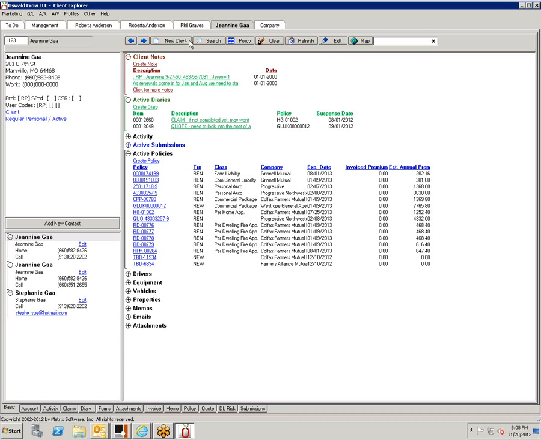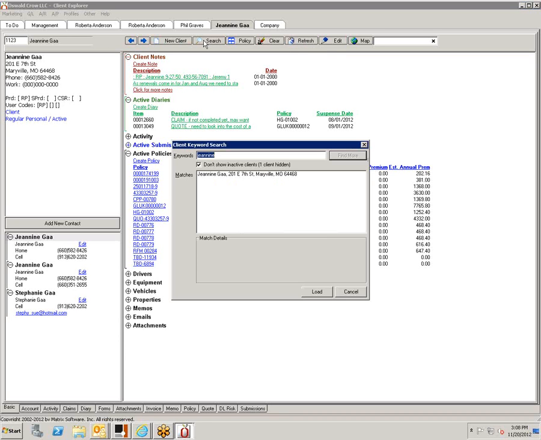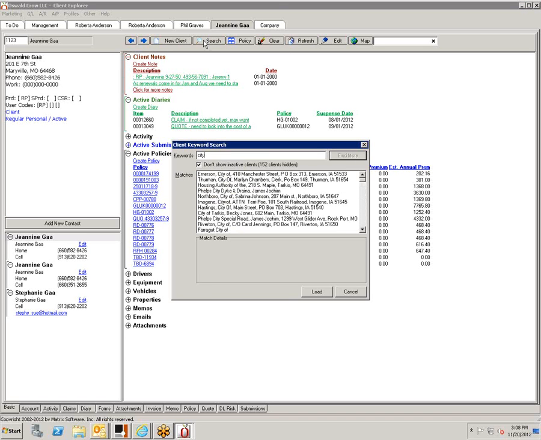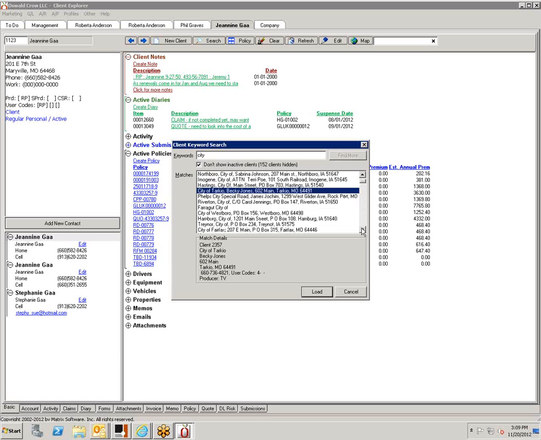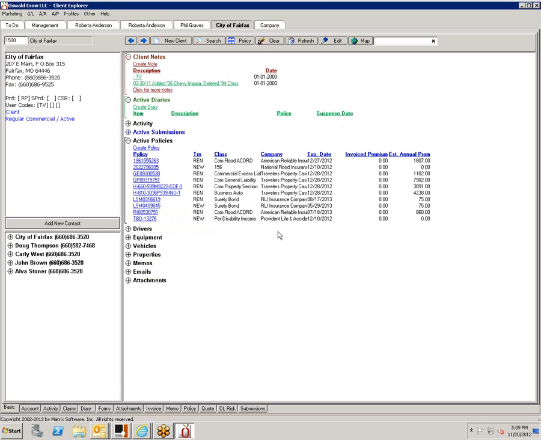All right, let's pull them up and see what they look like. You say city of something? Well, City of Fairfax, yeah. No, that's not it. It's probably down a little bit. Yeah, Fairfax. There it is. Very bottom one. Okay. All right, so we've got flood. We have no idea what this one is. I guess that's another flood policy. Yeah, must be. This is excess liability, CGL, property, business auto, and Travelers will download.